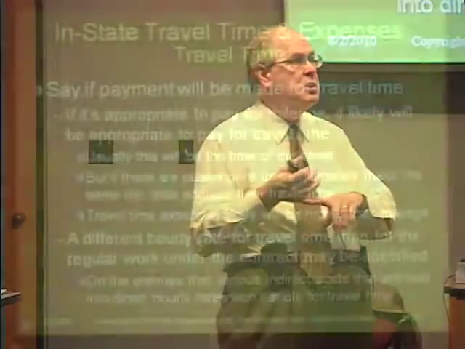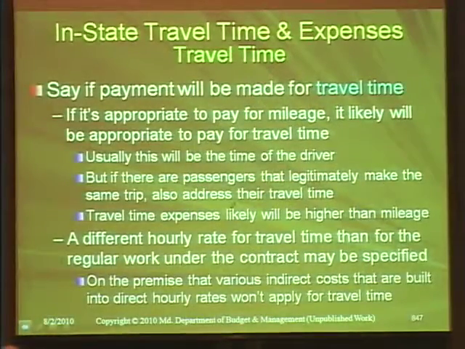Now what you may do is you don't just pay the hourly rate that they bid for work under the contract, because the presumption is the hourly rate that they quote is for them productively doing work, where they're going to have some indirect costs supported by that. They might have secretarial time, IT resources, etc., none of which is going to apply while they're driving. So you might state, either allow for a different rate to be quoted for travel, or just say arbitrarily, we'll pay you 75% of your usual rate for travel time if you're going to allow it, which is on the next slide.